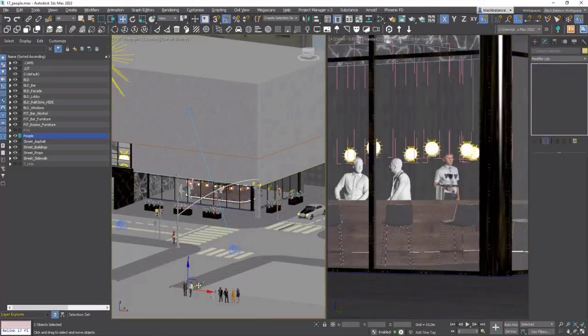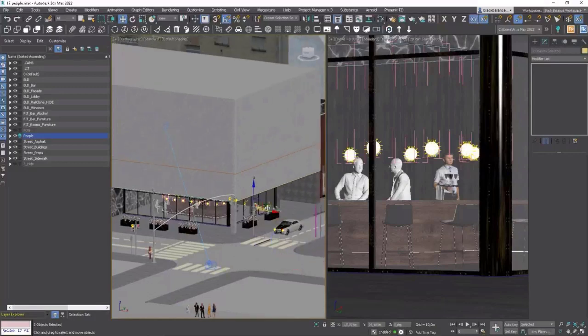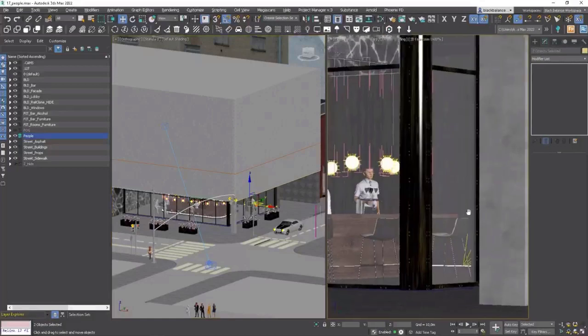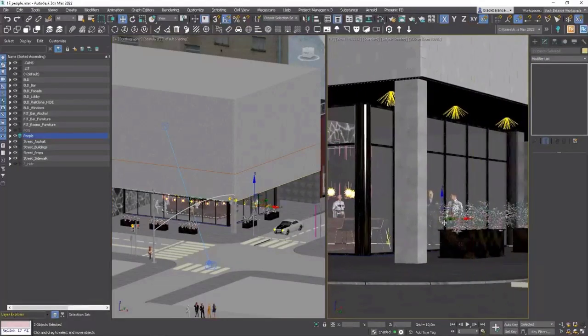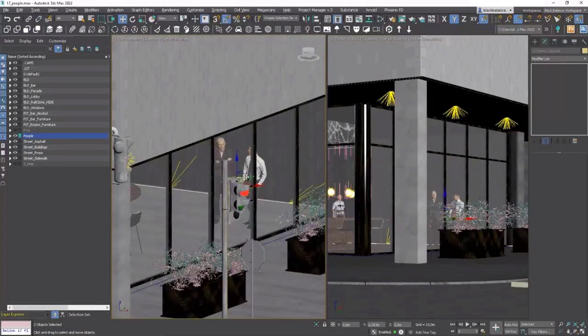At the end, I will use these two gentlemen walking and talking together in the corner of the restaurant. Remember to use different distances between 3D people models to create more natural placement.